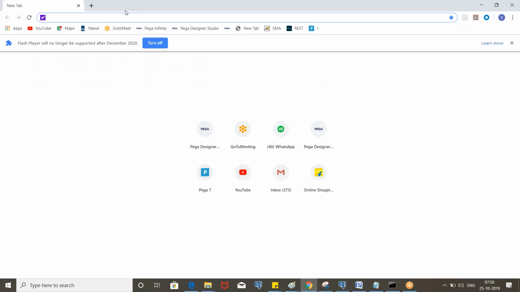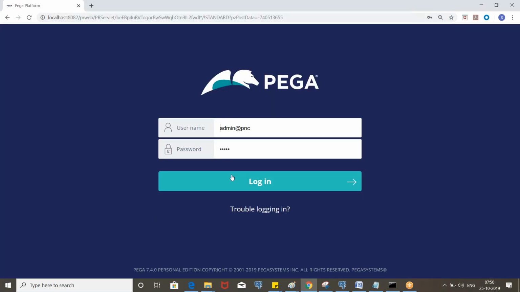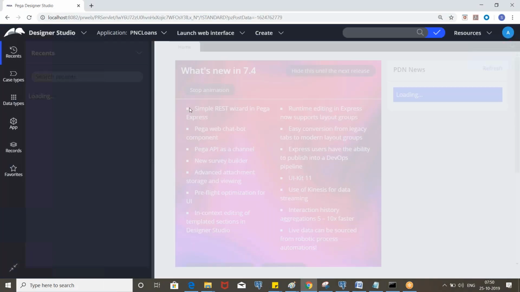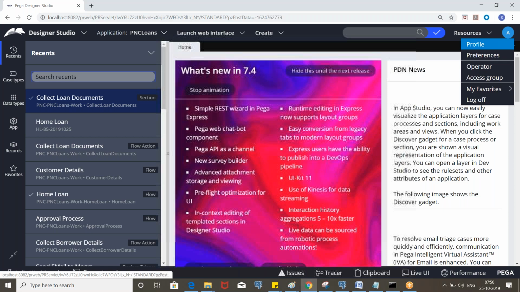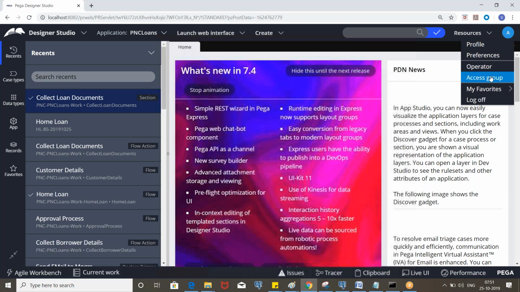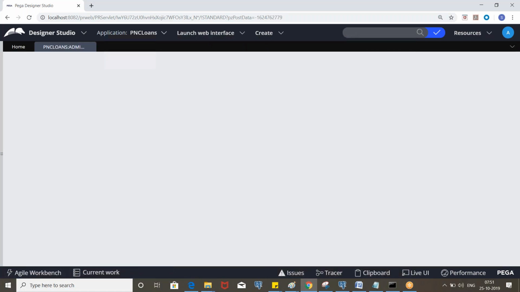As soon as we log in to the application, we see the complete portal, that is the developer portal.